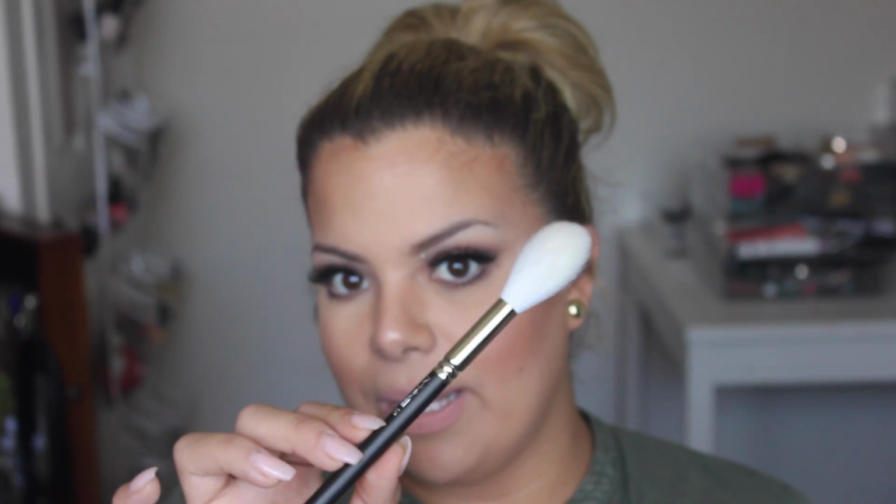Beautiful. Oh, and this is the 137. I don't think I mentioned it, but it's just a beautiful brush. And then this is another one that's permanent as well, the MAC 127. It's a dual fiber, and it's also soft. Soft brushes are life. And with this one, you can do your foundation and then switch it over and set with a powder. So if you guys have any Studio Sculpt powders and you're wondering how to use those, or what brush doesn't seem to blend them...